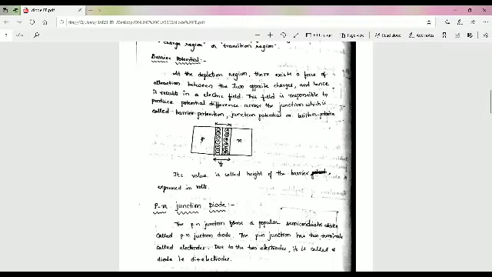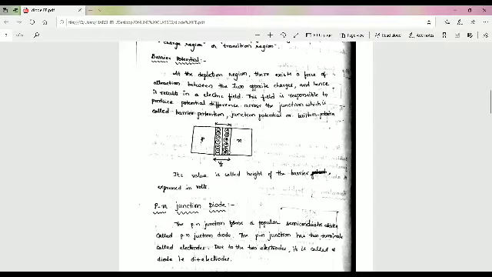This barrier potential also indicates the amount of voltage, with the proper polarity, to be applied across the PN junction to restart the flow of electrons and holes across the junction. Okay, simply, this is the P region and N region. This is called the barrier. This voltage is called the barrier voltage.